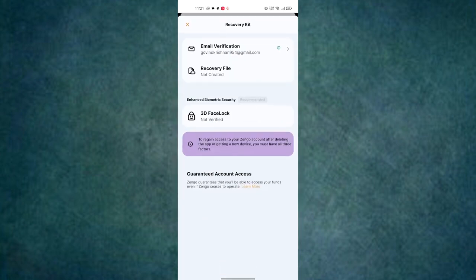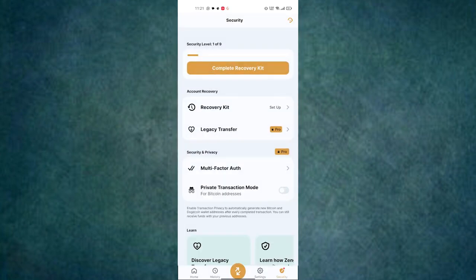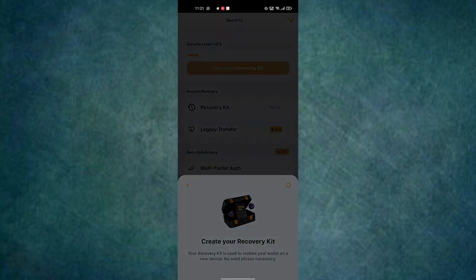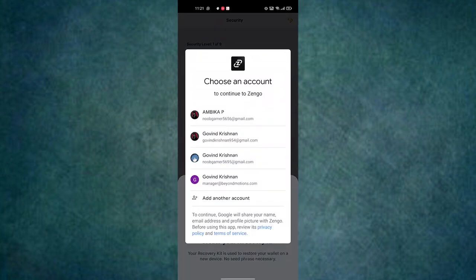Just tap on the recovery kit, or you can see the complete recovery kit in yellow, golden color. So just tap on the complete recovery kit. Tap on continue right here. Here you can choose the Gmail account that you need to give. So choose the Gmail